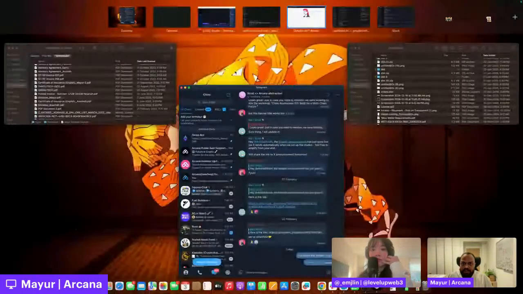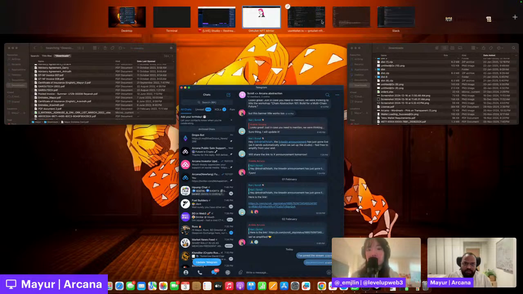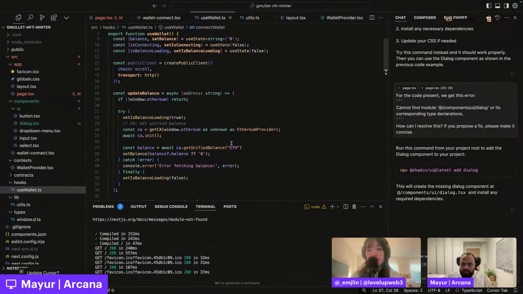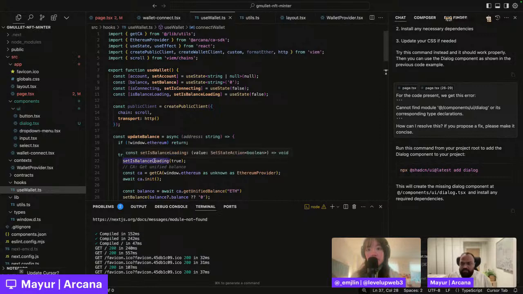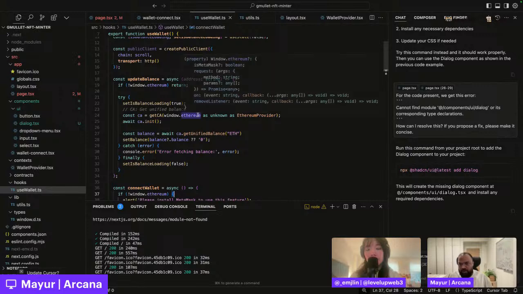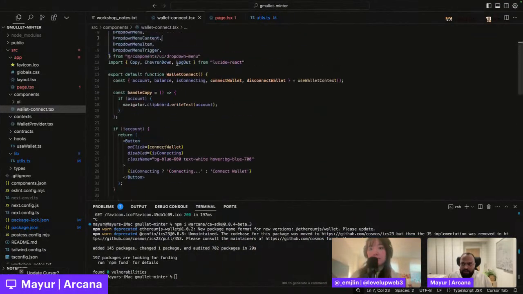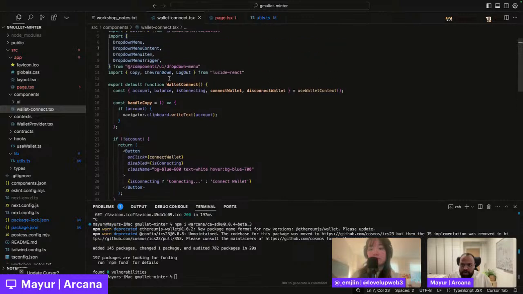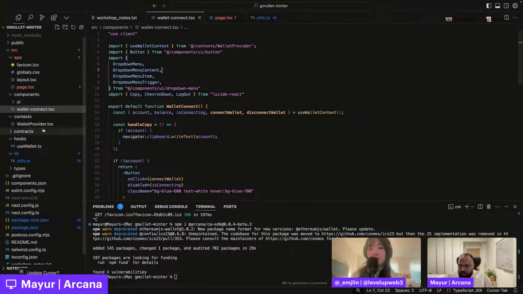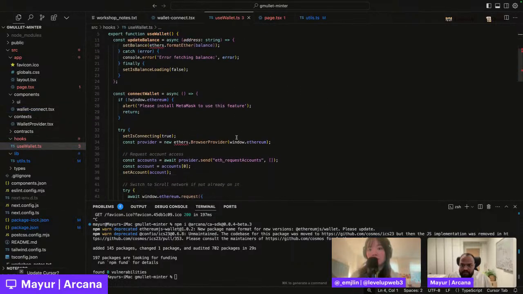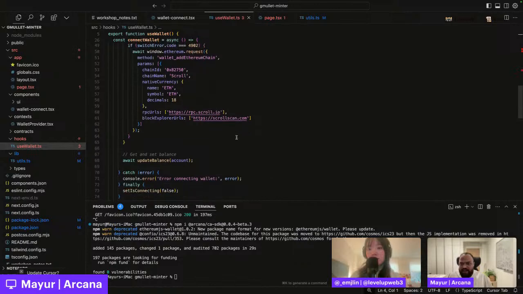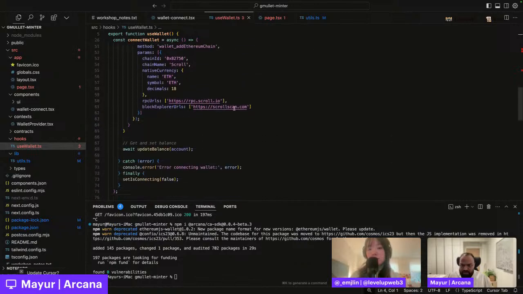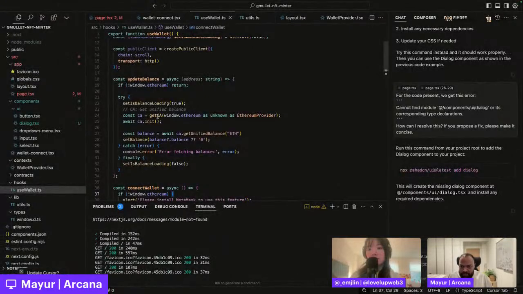If you compare what we have with what it should be, right now I simply am getting the balance from my window.ethereum, and I'm able to just show it as it is. But what we want is to show the unified balance over here. So if I go to my wallet, you see this very standard way in which I'm just using ethers to fetch the balances. But what we want is to get this unified balance.